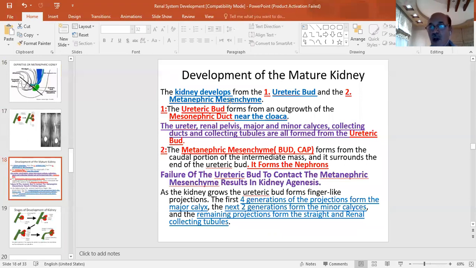The metanephric mesenchyme or the cap will give rise to the glomerulus and of course the other renal tubule. So the ureteric bud arises from the mesonephric duct near the cloaca, and this duct will grow longer,